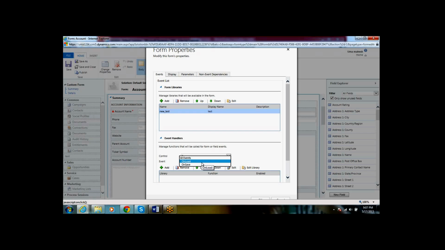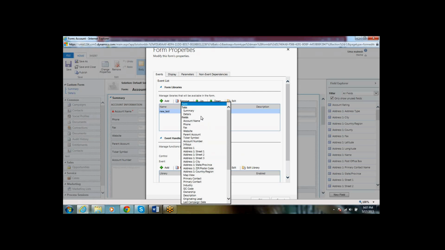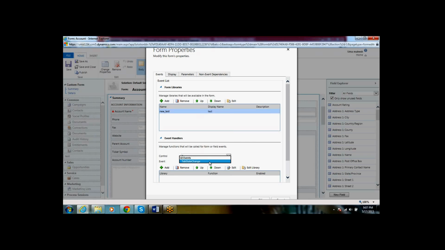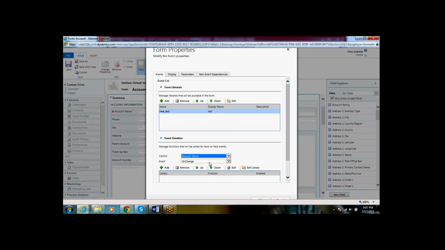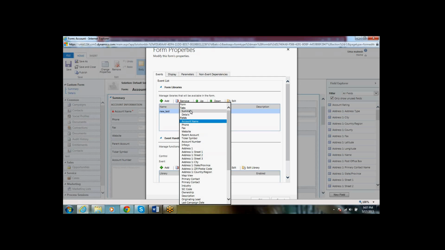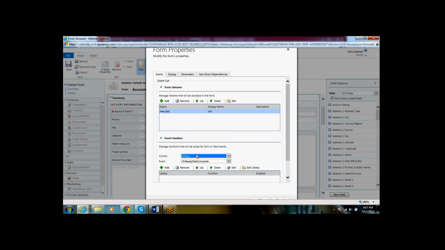Next, for a tab we have only one event, that is tab on change. For a field, if you see, we have only the onchange event. For an iframe, you can see only the onreadystatecomplete event.